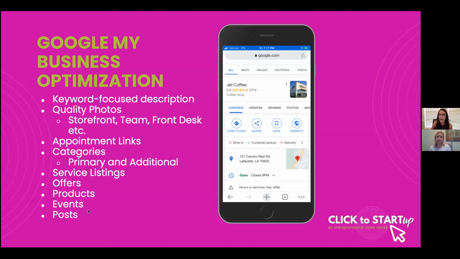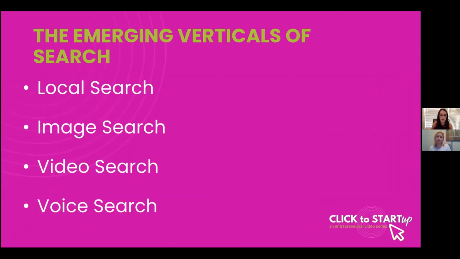Finally, we'll look at what's on the horizon for search, what to look out for in the future. These are the 4 emerging verticals of search. We just talked about this one. Local is huge right now, and it's only going to grow. We can only expect for local search